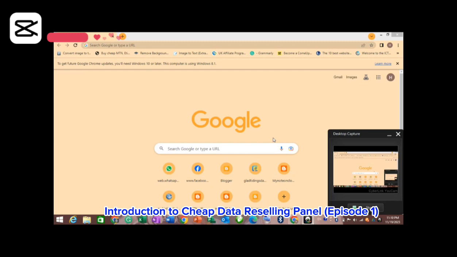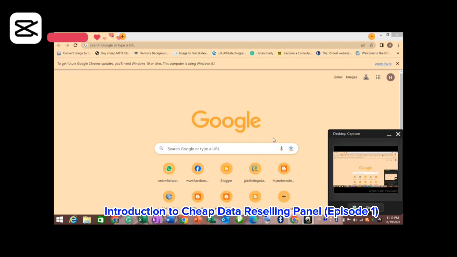The first module will be on how to use it on your laptop or PC. So with the knowledge of this training, you apply the principle to work on your mobile, to make use of this application, both the website panel and the application on your mobile phone. Okay, let's start: how to use these data